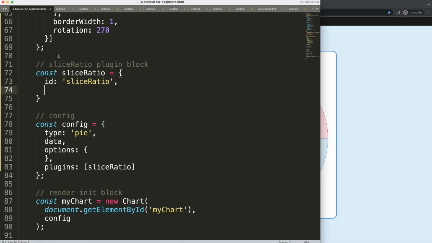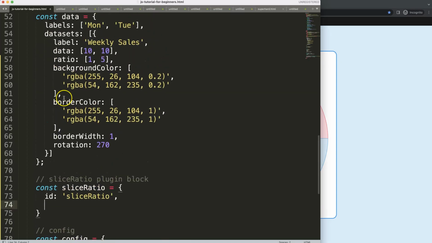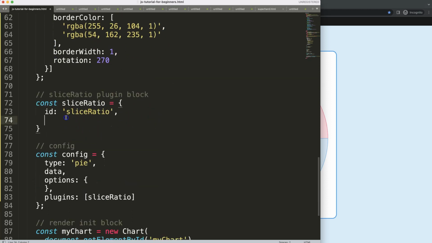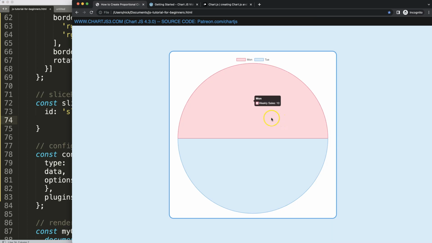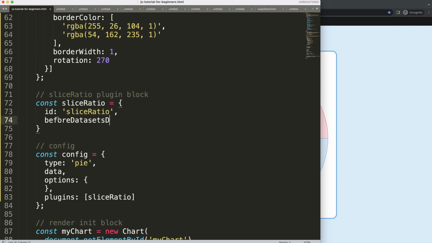Then I'm going to select when you would like to draw this. I need to do some adjustments on the slice, basically the radius of the slice, so it will become smaller or larger depending on the value that we have assigned here, the ratio. So for this, of course, I want to make sure it will draw before we draw anything, we first get this new value to draw the item. So I'm going to say here beforeDatasetsDraw, that's very important, we're going to start